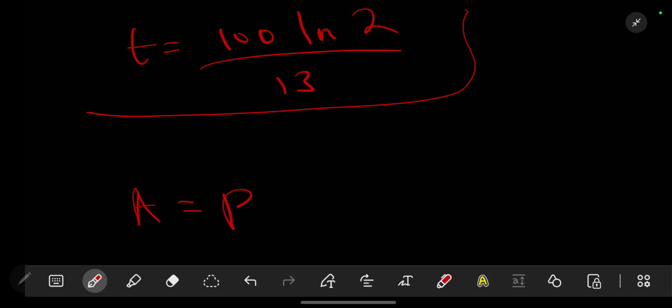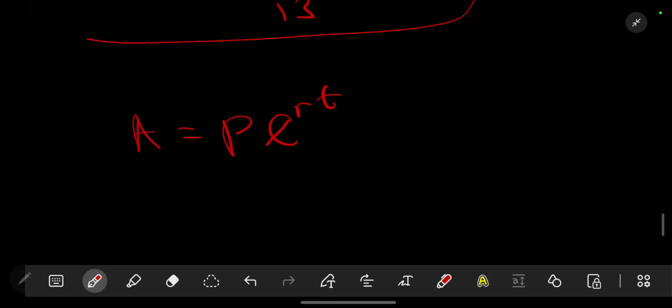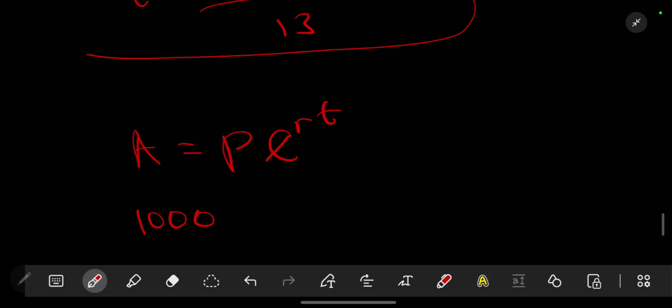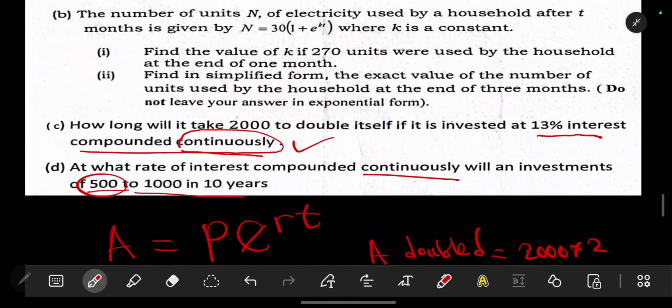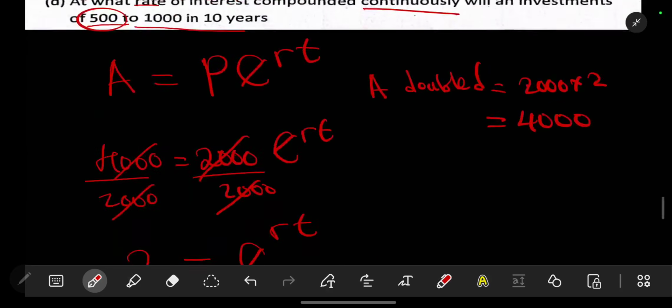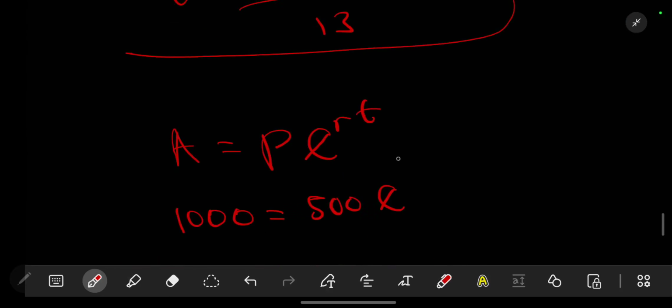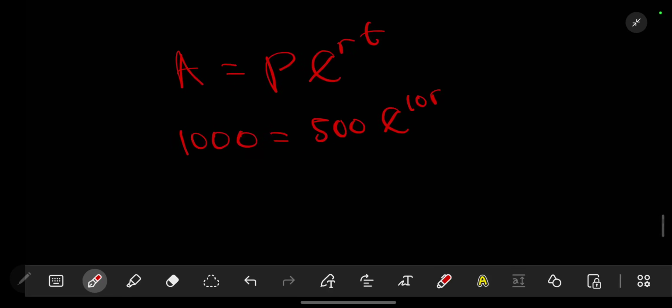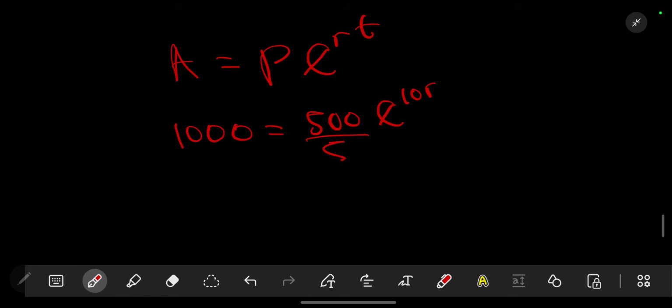So our A is equal to principal times e to the power rt, like that. For you to reach 1,000, then we have the principal, which is 500, then we have our e. Then what is our rate? At what rate? So we have the time, which is our 10, so we can put the 10, then we have our rate, or if you want you can begin with our rate times 10, which is still the same. So divide this,